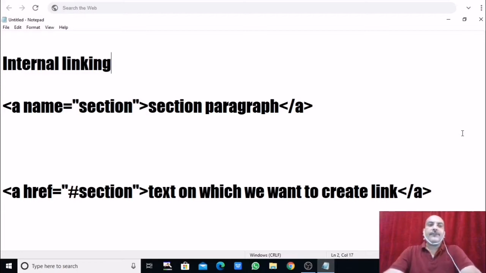So in our previous video, we finished external links in HTML, and in this video I'm going to continue with links, but internal linking. As I told you before, what internal linking is and how it functions: it takes us to some other section of the same page or a different section of the page, right?